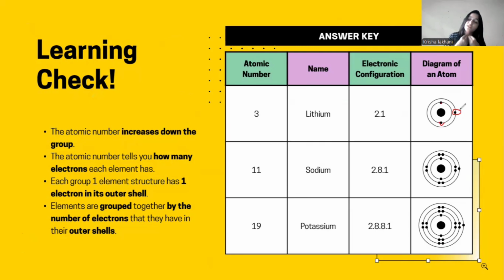And no worries for the noble gases. They don't require any electron. They neither require any electron nor want to share any electron. They are zero, which means they don't require any electron, and they neither want any electron from anybody. Okay, I hope this is very clear. What do you mean by valency? Let me come back to this.